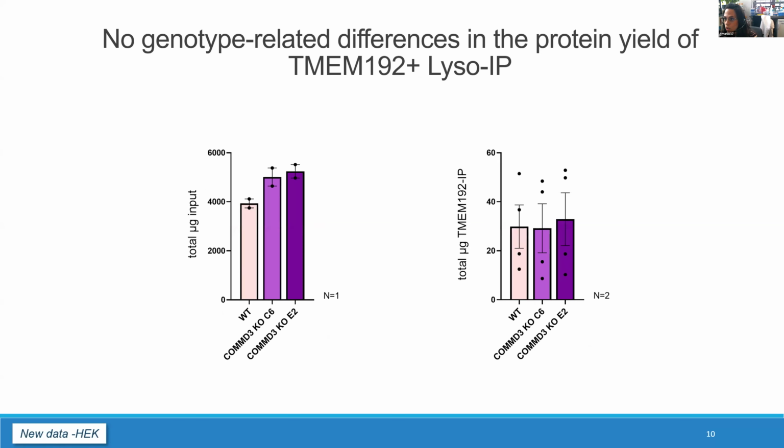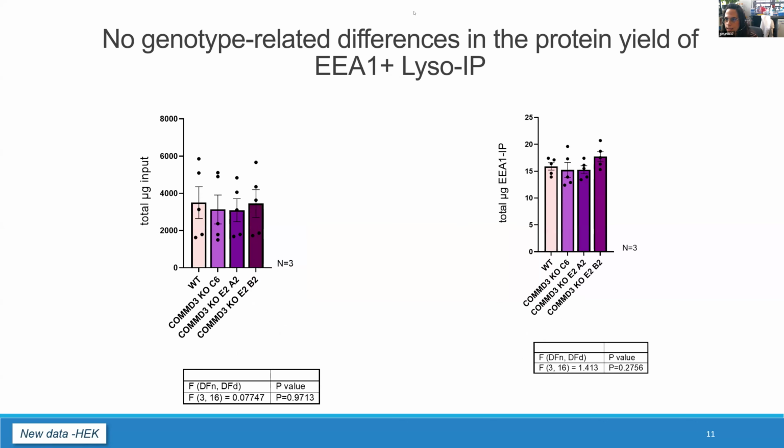Then for the TMEM192 construct, I seem to have a little bit more variability. So that still needs maybe further upscaling, maybe use more cells to begin with. And last, the late endosomal fractions. Here, as much as you try with these conditions, you get about 15, so basically 30 micrograms per preparation. So I simply think I need to double this amount. And that's what I'm working on now to finish all these fractions.